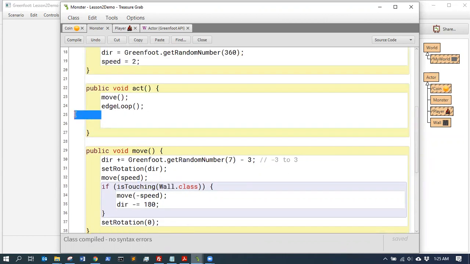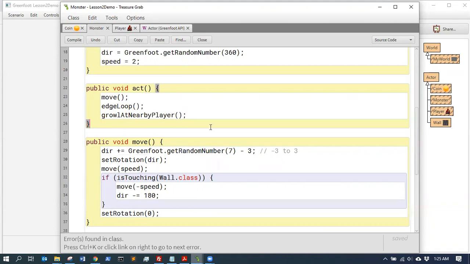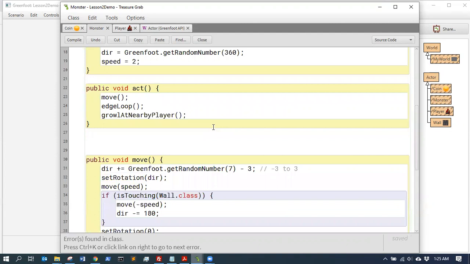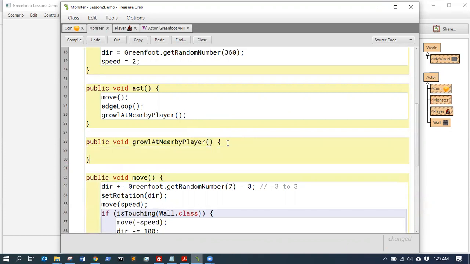So this makes the act method a lot more readable, right? We move and we edge loop. And then here we're going to say growl at nearby player. That would only growl if there is a nearby player. So we say public void growl at nearby player, and we're going to do that if there is one. So in here, we're going to say